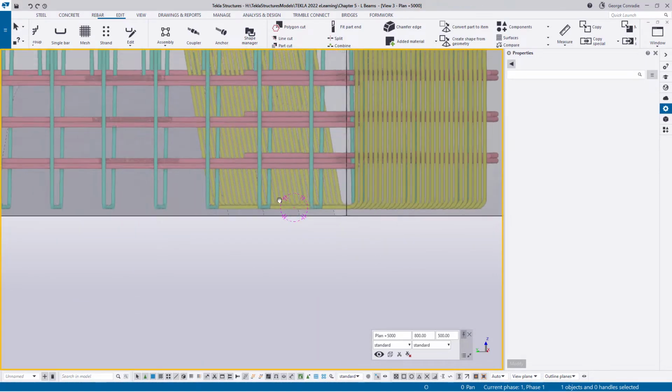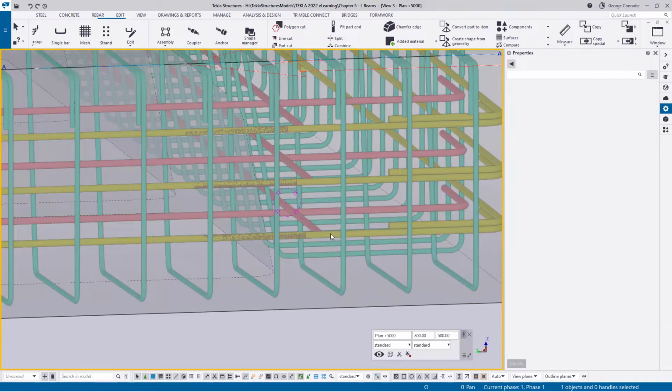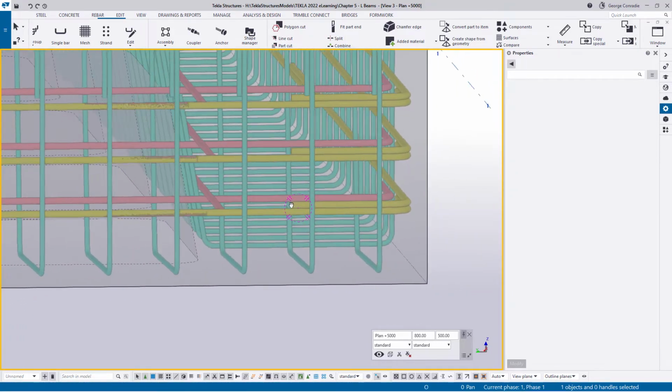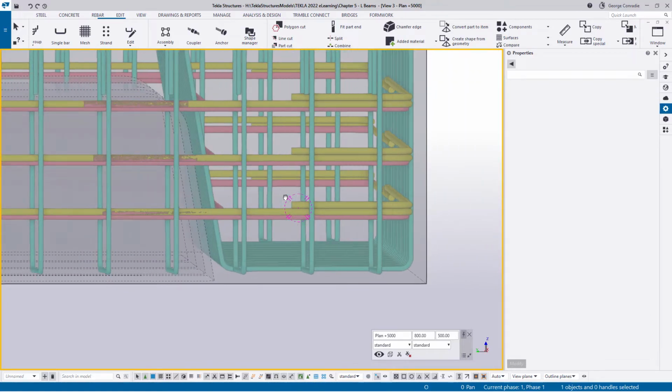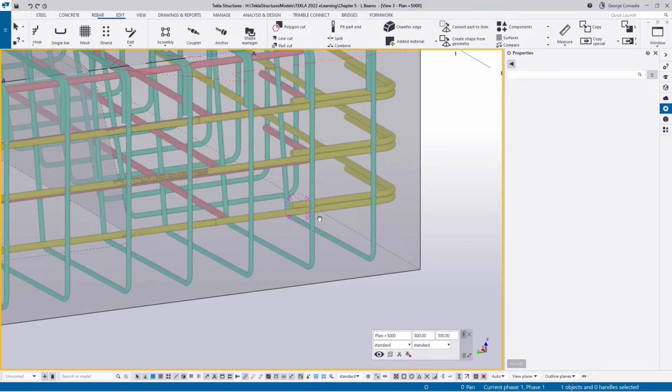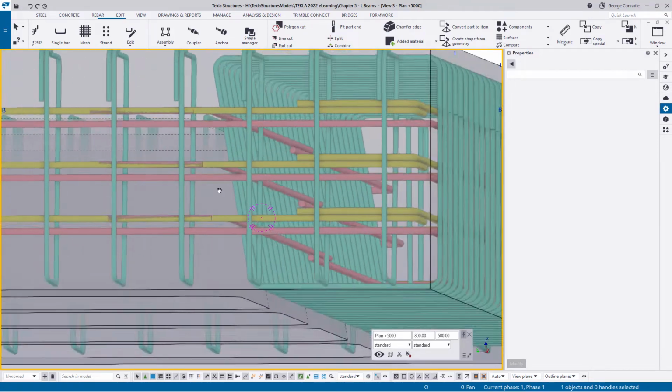So what we can do now, just to start out with, I want to see if that one moves up, that one moves down. So if we move this one up, that one comes down. Let's just see what happens. We might have to mirror some bars. Actually,